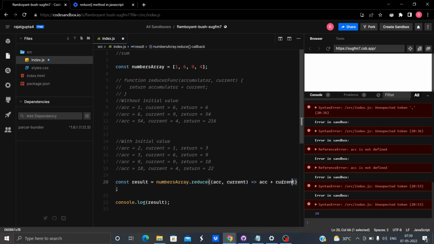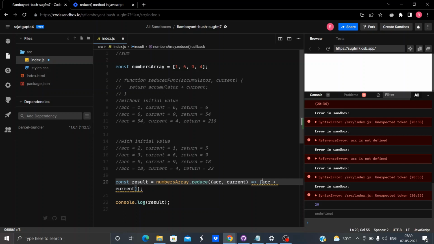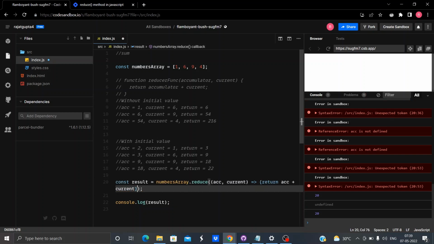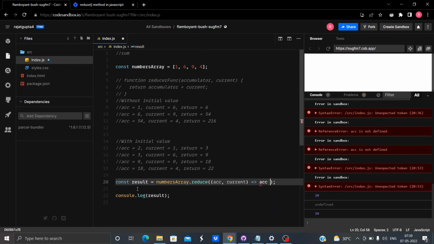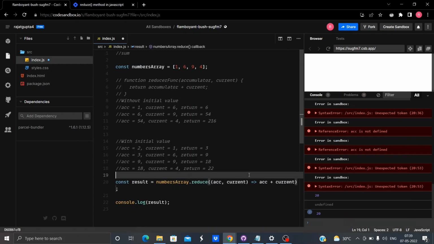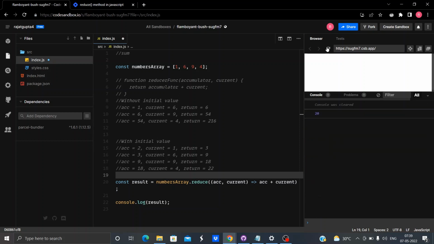If there are multiple lines here, then in that case I have to write it like this. But if there is a single statement, there is no need to use a return statement. So I'll write this only. And again, let me refresh once. You can see on the console we are getting 20.